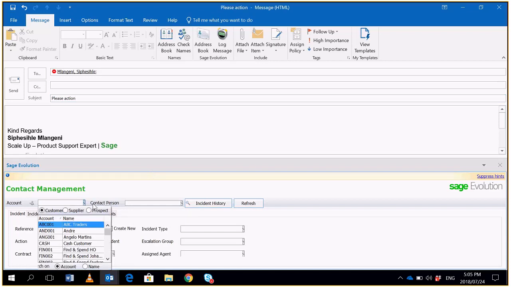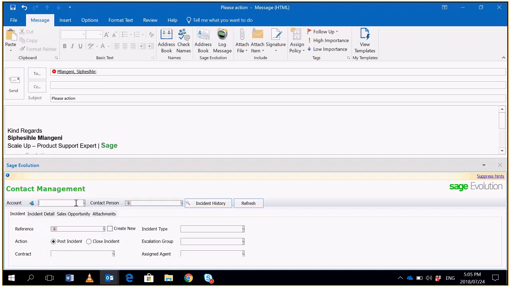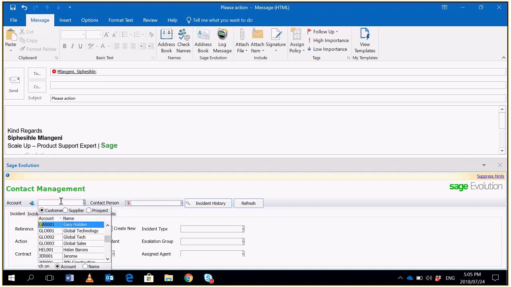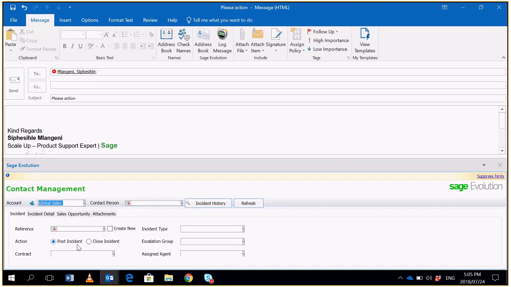Say I want to create an incident for our new customer, Sales, and as you can see, the system is pulling information from my Evolution to my Outlook. Then I can say create a new incident,